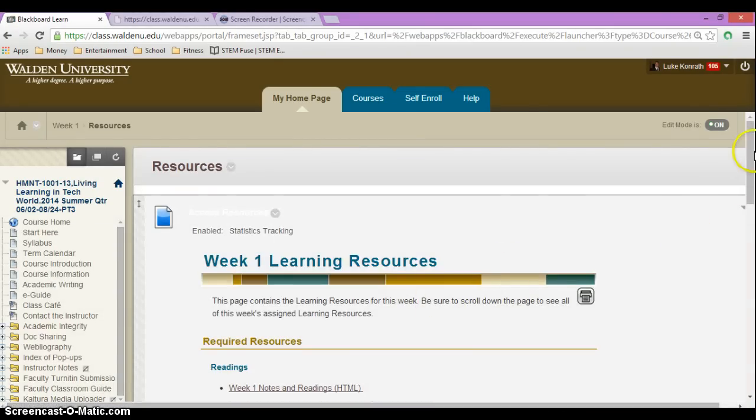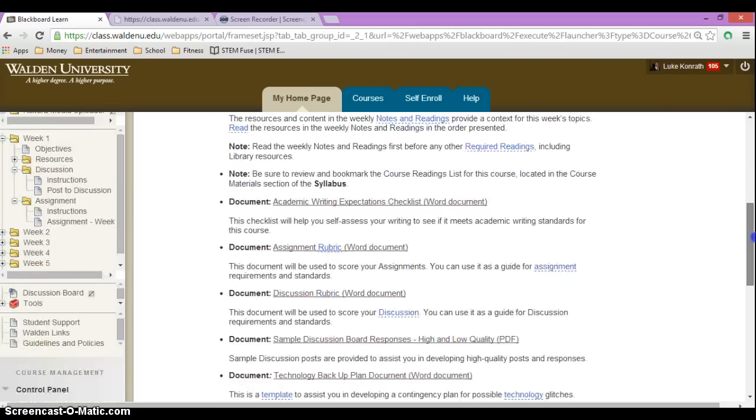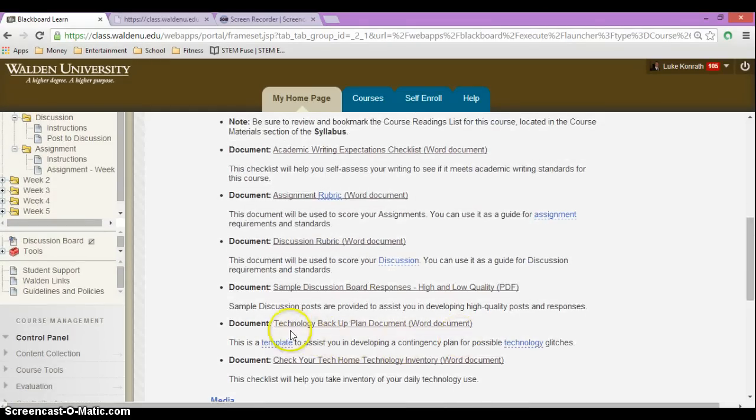In the week one resources, you're going to find the technology backup plan doc and the check your tech inventory. The check your tech home inventory right here